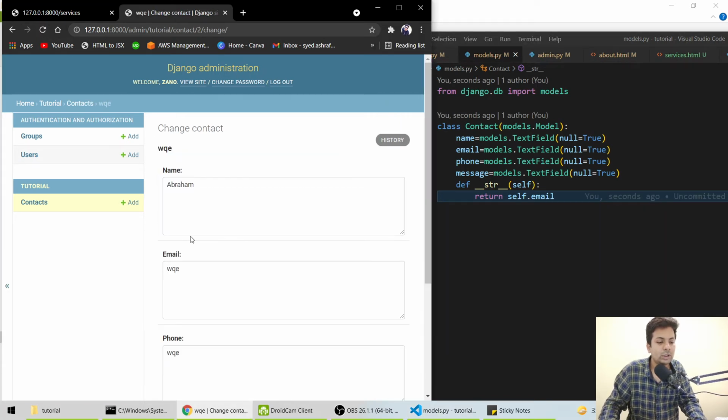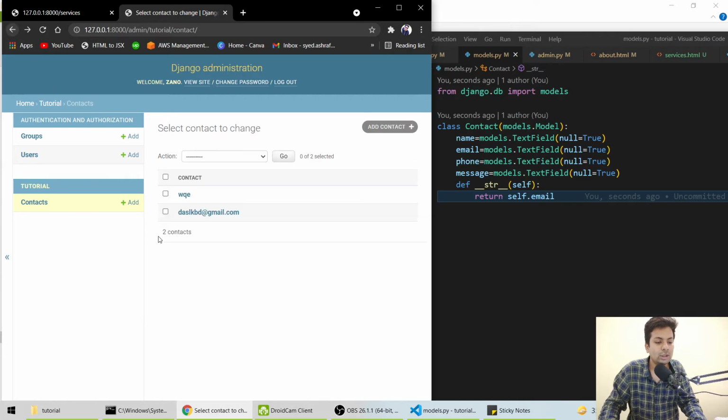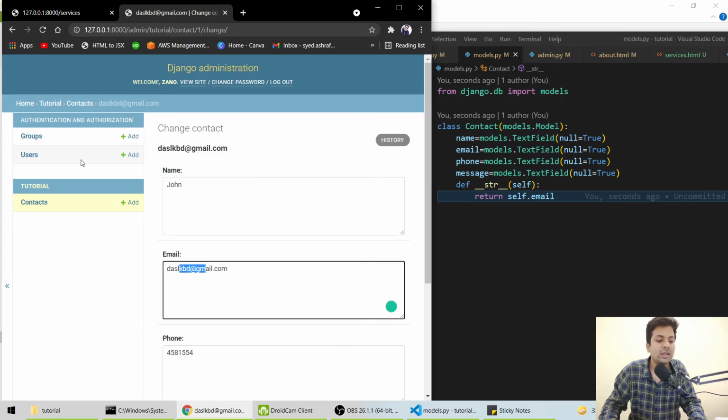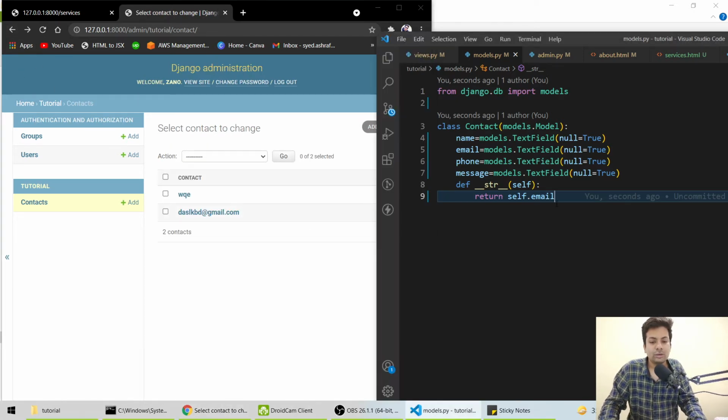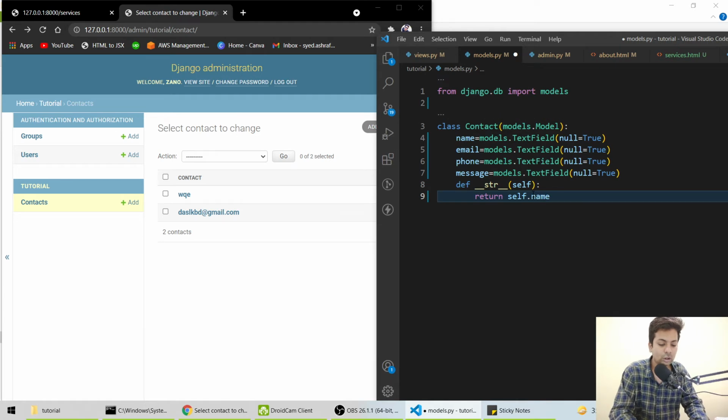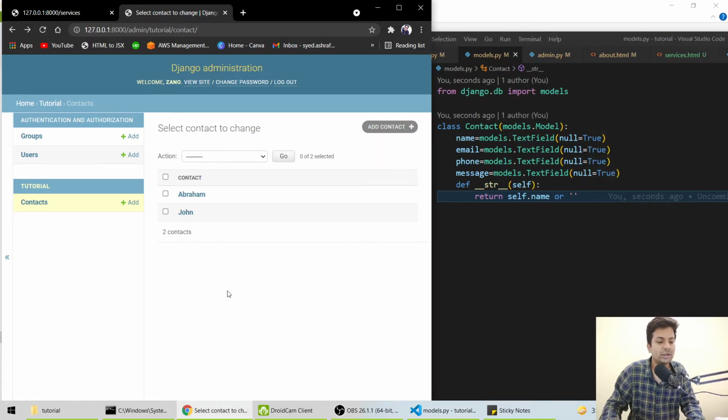See, WQE, because the email I saved was WQE, and this is tbsk@gmail.com. So name something unique or whatever you wanna name it. If some error comes, just use object only. Now if I hit return, everything is fine. So models is running fine.